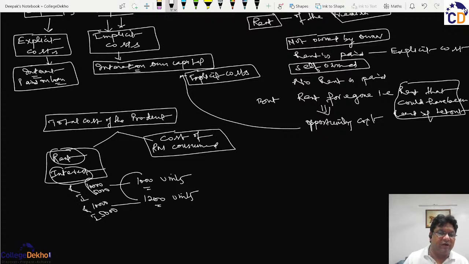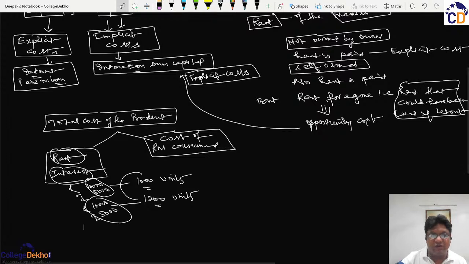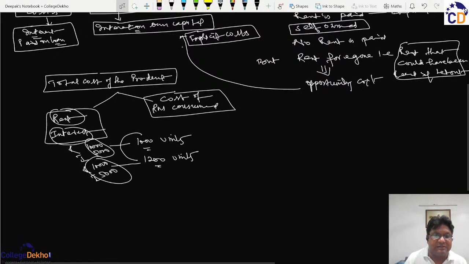So there will not be any change in the total cost of rent and interest even if the output is increased. So such costs are primarily known as fixed costs,